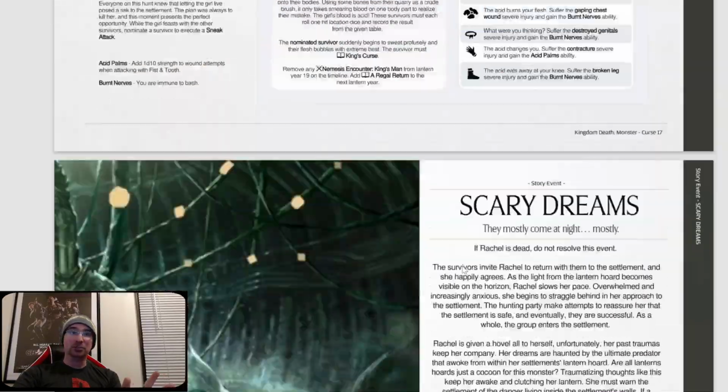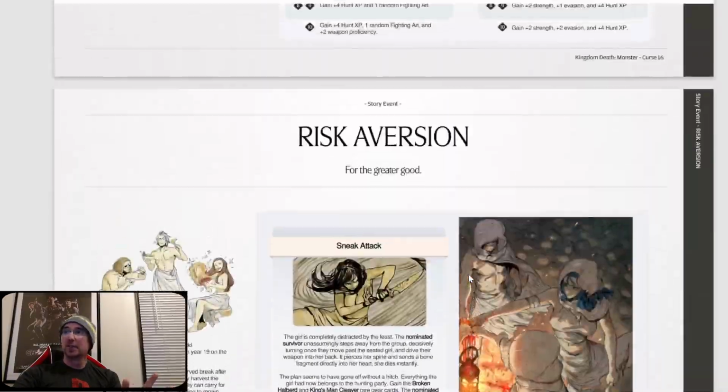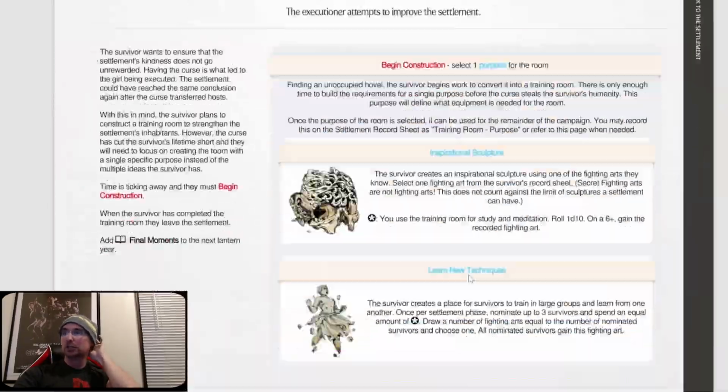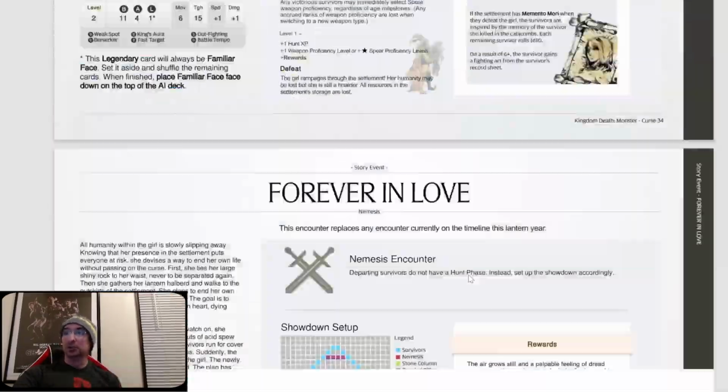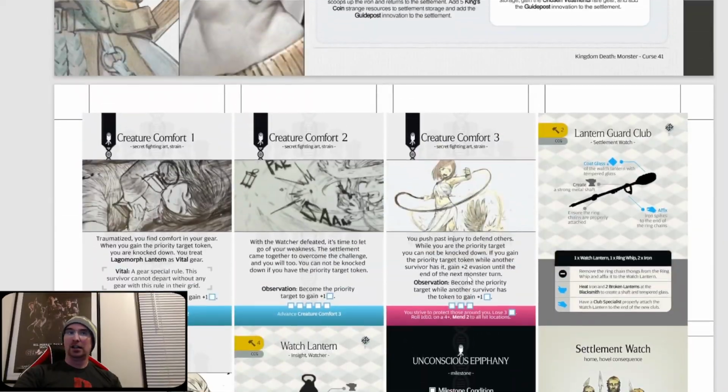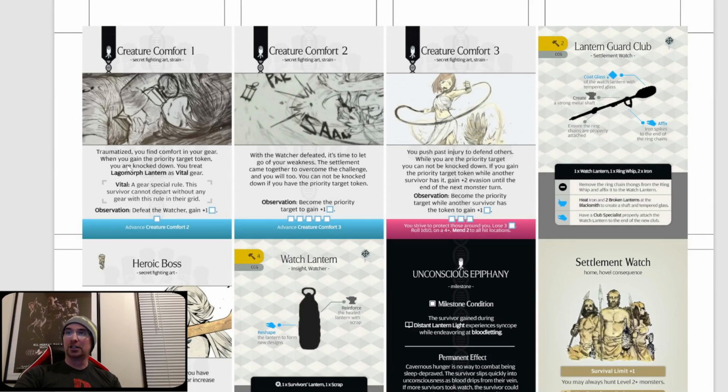Let's look. I'm going to use the print and play things, or I can pull it up. Let's see what the print and play cards look like. So here's an example of print and play. Here, yeah. So here's Creature Comfort. We can look at it here. It's a secret fighting art. This is a strain fighting art,